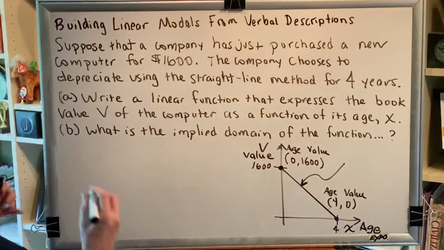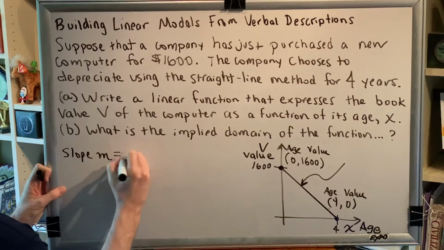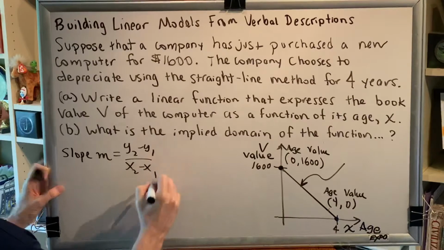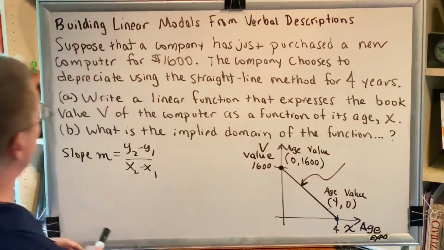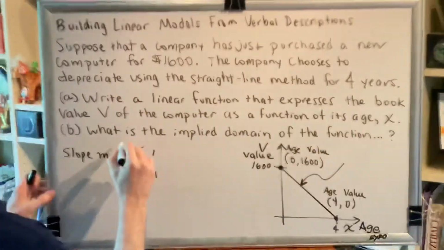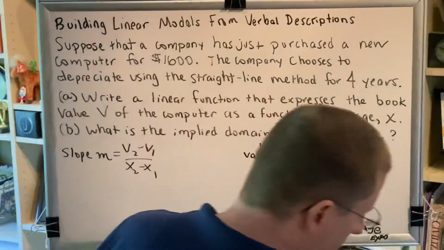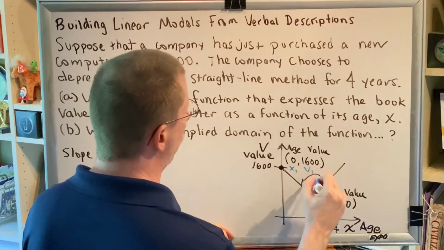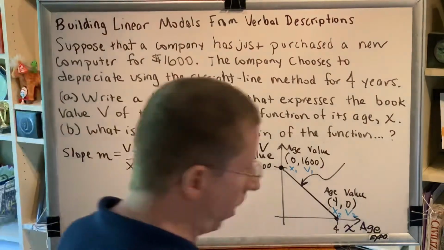So let's see if we can get the slope first. So the slope of this line, m, is equal to y2 minus y1 over x2 minus x1. Of course, in this problem, there are no y's. Everything is actually in terms of v. So I'm going to change my formula here to be v2 minus v1 over x2 minus x1. And we can label our points here. So let's say that this is x1, v1, and this is x2, v2, so that we can plug into our